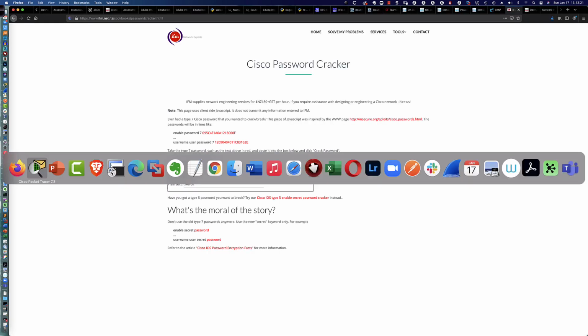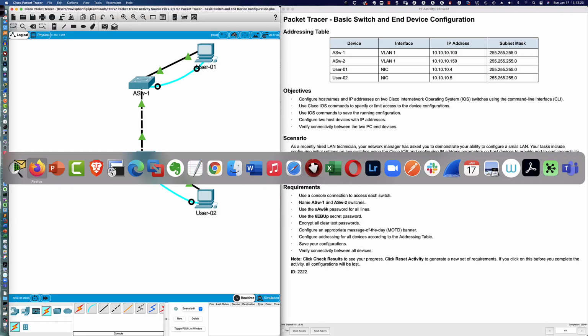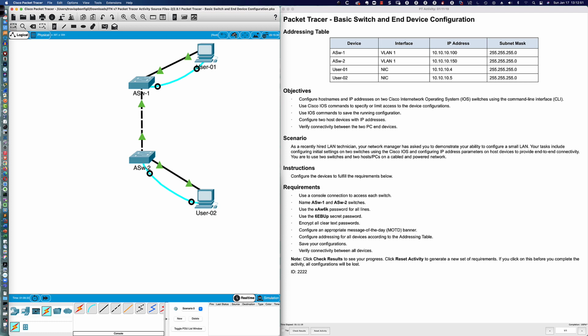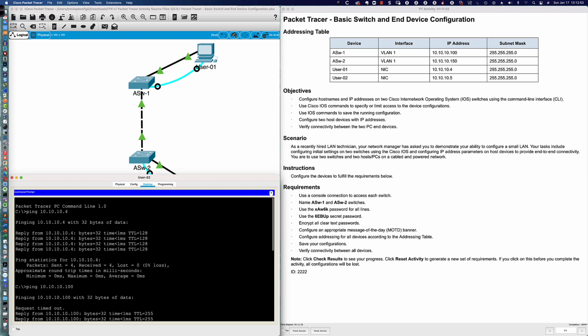All right, so that is going to do it for Packet Tracer Activity 2.9.1, where we took a look at basic switch and end-device configuration, and we're walking ourselves up to the point where we no longer will need to open a terminal window to manage the switch via a console cable, but rather we're going to be able to Telnet or SSH to the switch. In fact, if I was to step back to the activity, close that out, pull the command prompt up,